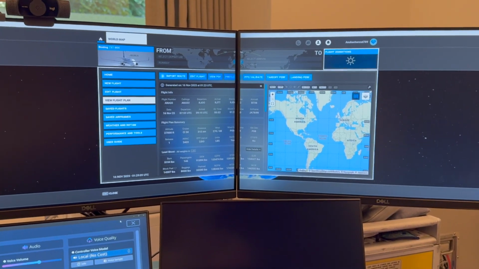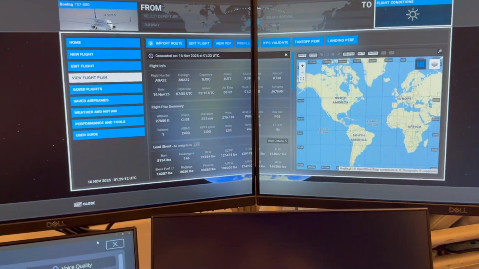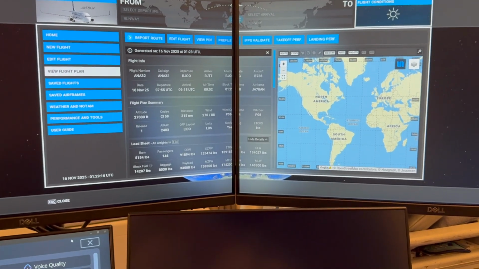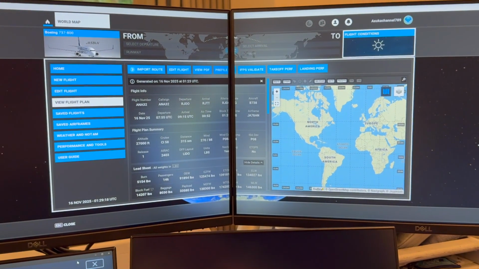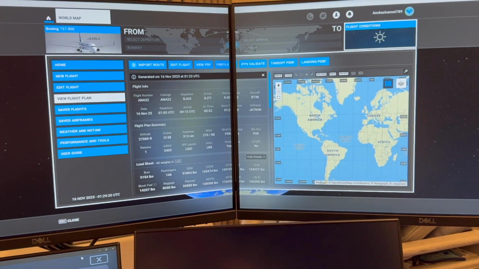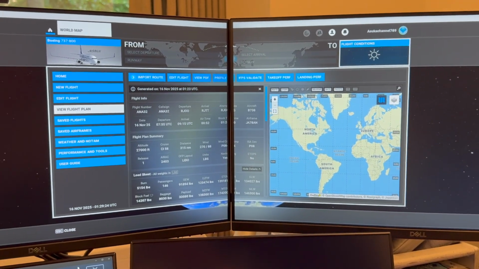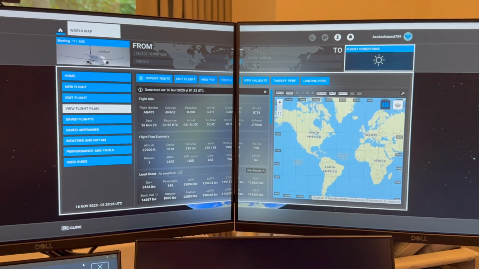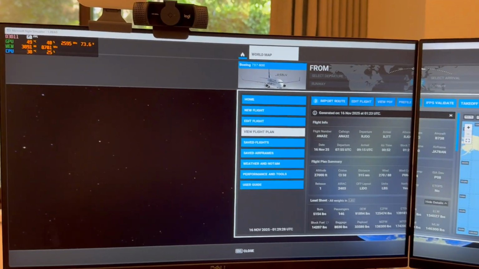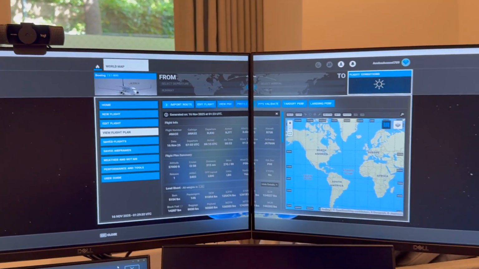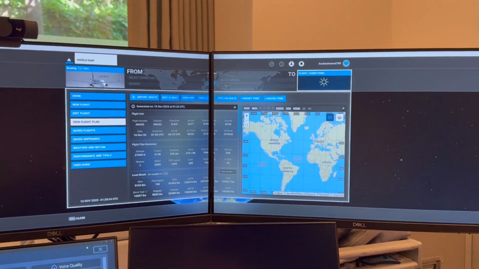Today we'll do a little bit more aggressive flight in terms of GPU. Yesterday I chose two airports that didn't really tax the system too much, but Haneda and Osaka have some pretty dense scenery, so I tend to try to stay away from that right now. You'll notice that the FPS is going to drop significantly today,